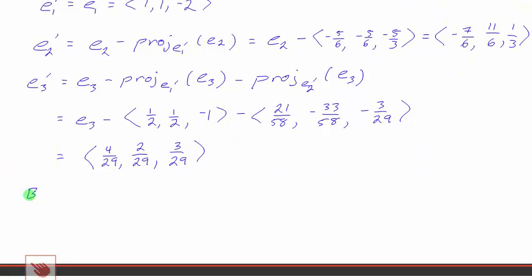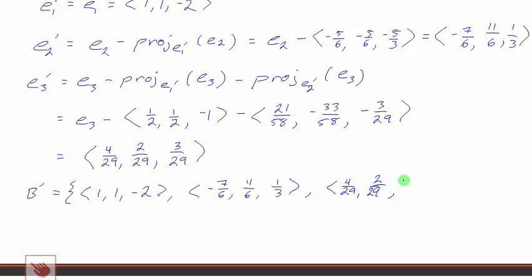So our B prime orthogonal basis is going to be the set consisting of 1, 1, -2, -7/6, 11/6, 1/3, and our final vector here, 4/29, 2/29, and 3/29. Again, this is an orthogonal basis for that same set, the same vector space, rather. And if we would like an orthonormal basis,